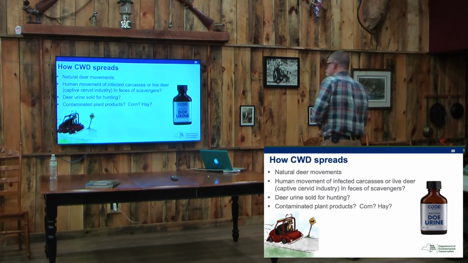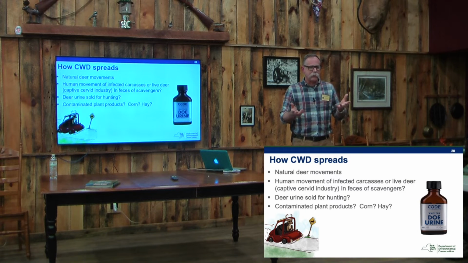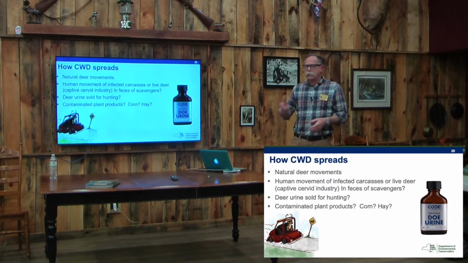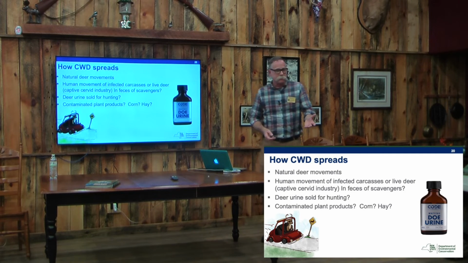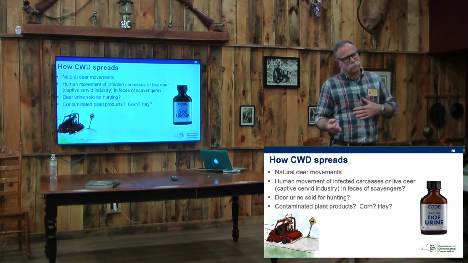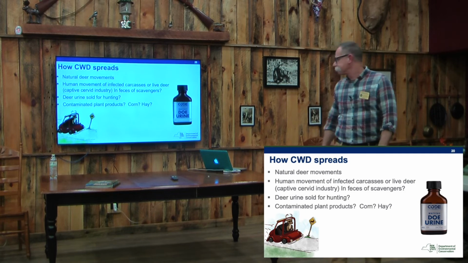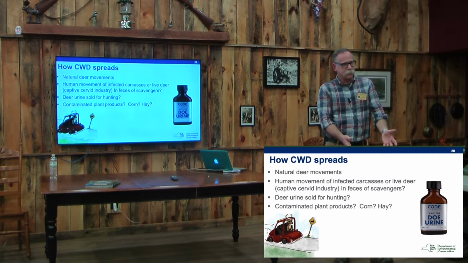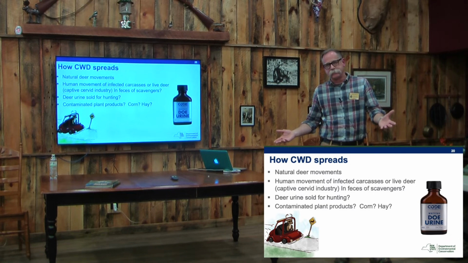All the urine that is sold commercially comes from deer farms, which are the highest risk for CWD, and they don't know their deer have CWD, because they look normal and they're acting normal. So if you're making a mock scrape at your favorite hunting spot, and you pour a little in, and if you're like a lot of people, like me, I say, oh, a couple drops is good. You can get a couple bottles in there. You're setting up a whole other area, and there's no real hard evidence that urine really helps.